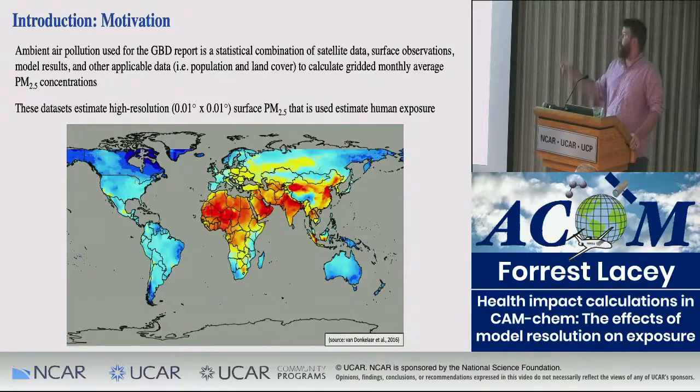And I do want to cover what models this specific data product uses. It actually only uses 2 models. One of them is the GEOS-Chem model to calculate some of the air quality, and then the other model is TM5-FASST, which is a population-based model that really pushes a lot of the pollution into areas where there's high population. So whether this is true or not is still something to be discussed, but this is the satellite data product that is used for the GBD reports.